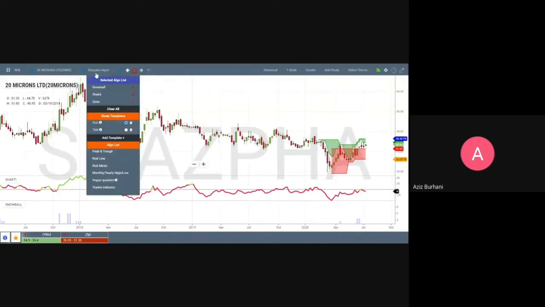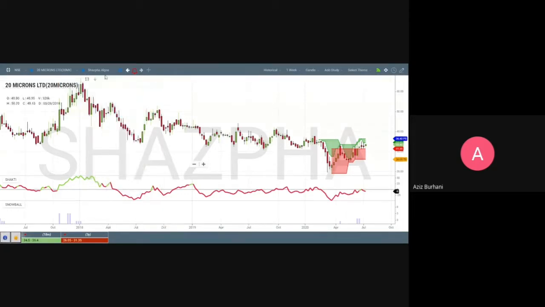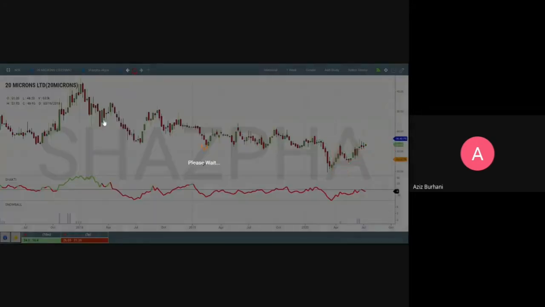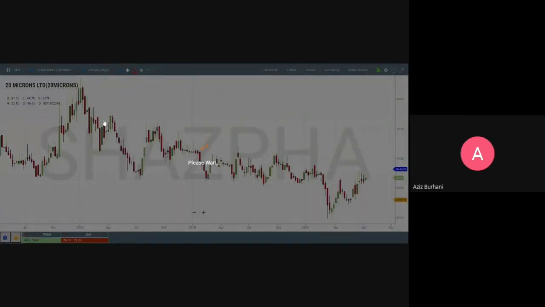So if you see in this test template, I have snowball, Shakti, and zone. So it has changed. Now if I again change the template, it will again change. You can change from a weekly chart to a daily chart. If you want, you can change it to a line.